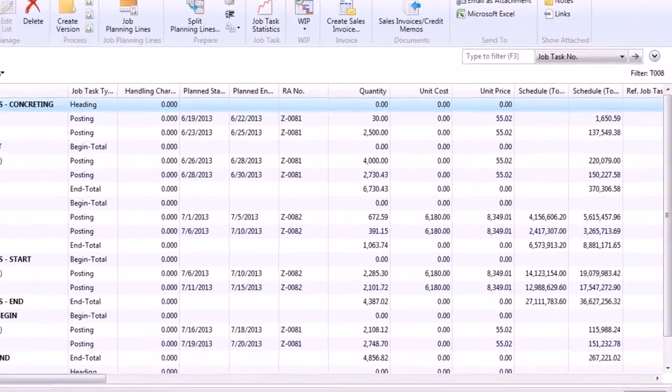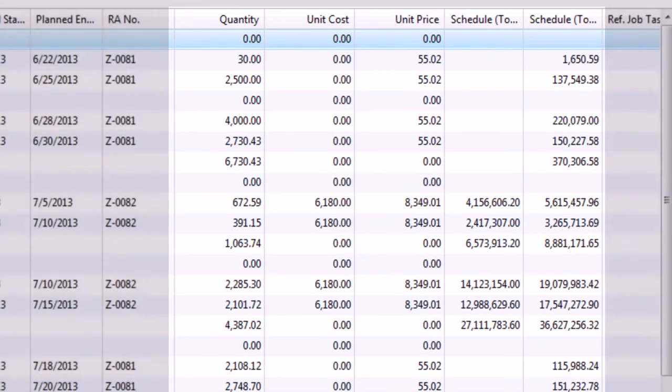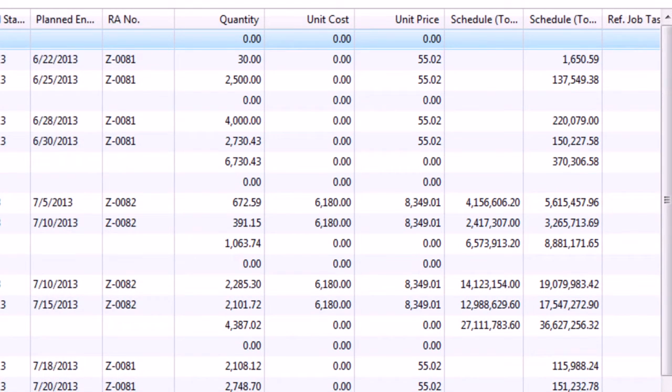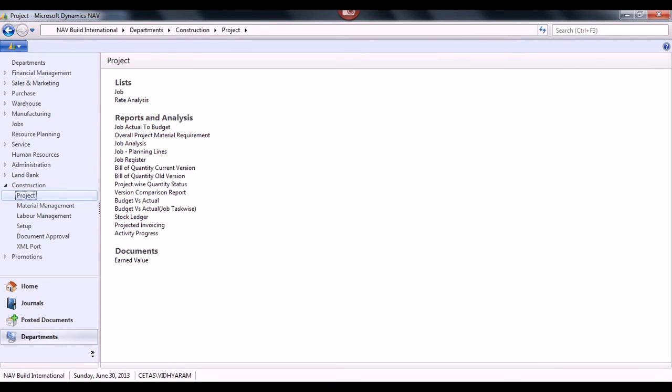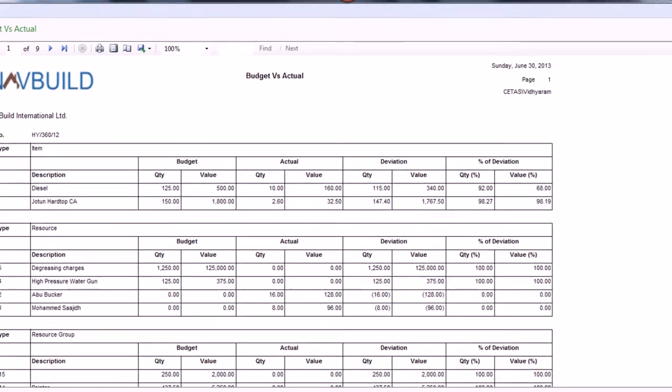When a WIP is posted to the general ledger, the system automatically calculates total cost and total price against all job task lines in BOQ. In addition to this, we also have a budget versus actual report. Under the budget versus actual report, we'll be able to see actual budget and the percentage of deviation.